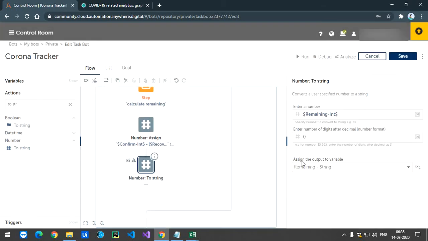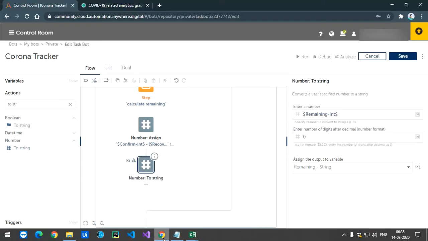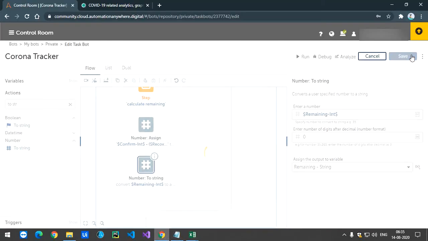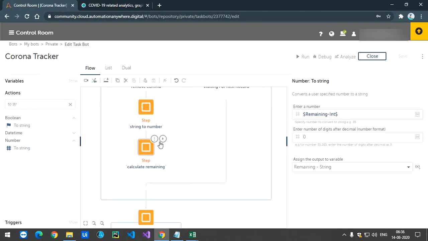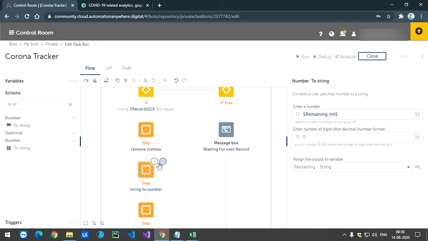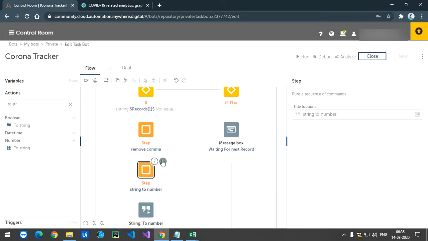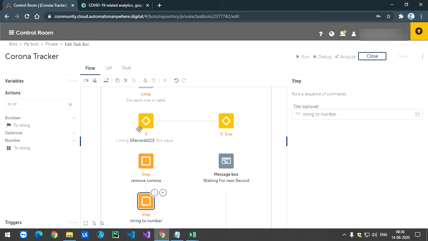Now this remaining variable will go in here. Now let me just save this again. Now we are done with this if else loop, because we have all the values, remaining cases and all those numbers. What we are interested in is remaining cases.